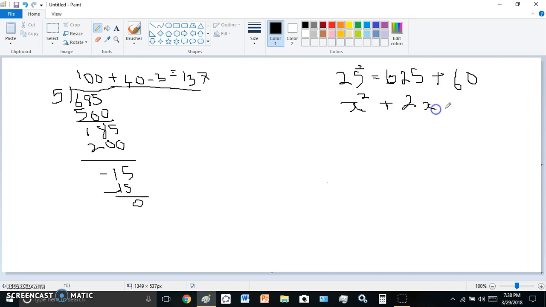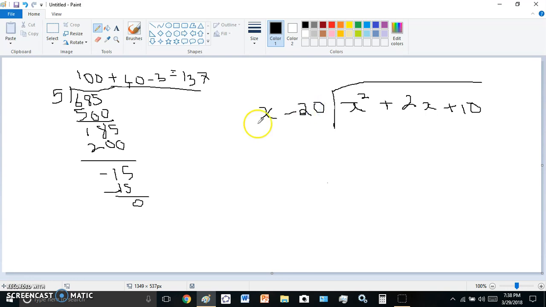10, right? Yeah. So now I've got my dividend. And I need to get my divisor. So what's my divisor going to be? My divisor also has to be in terms of x, right? Okay, so let's just put a divisor there. So my divisor, obviously to get 5, I've got to use 25, right? So it will be x, which is 25, subtract 20, right? 20. Okay, so now I can do the long division, and I can say, that's x, and that's x squared,